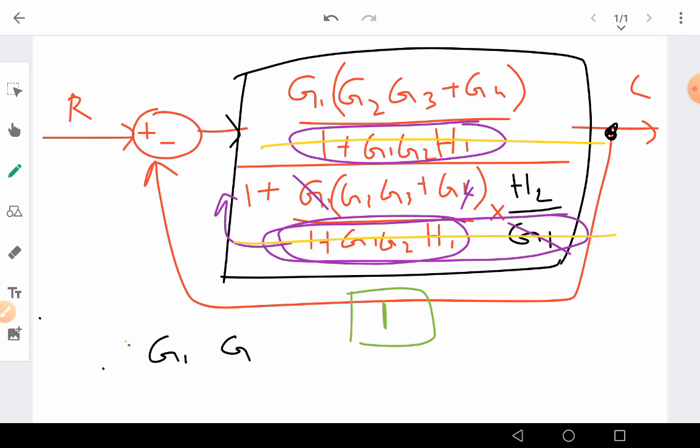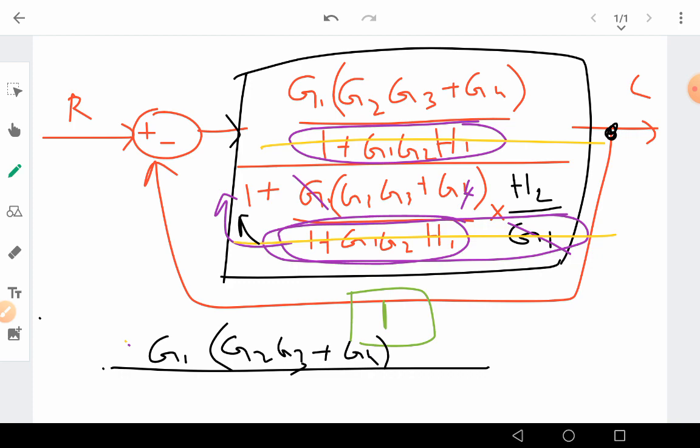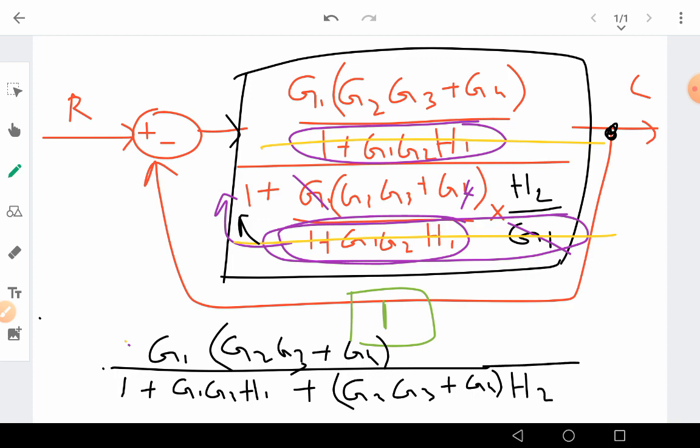G1, this is numerator, G2 G3 plus G4, divided by, here this will be here, so that is 1 plus G1 G2 H1 plus G2 G3 plus G4 into H2, right? So this is the forward transfer function. This is the forward transfer. Denominator have cancelled. Okay,